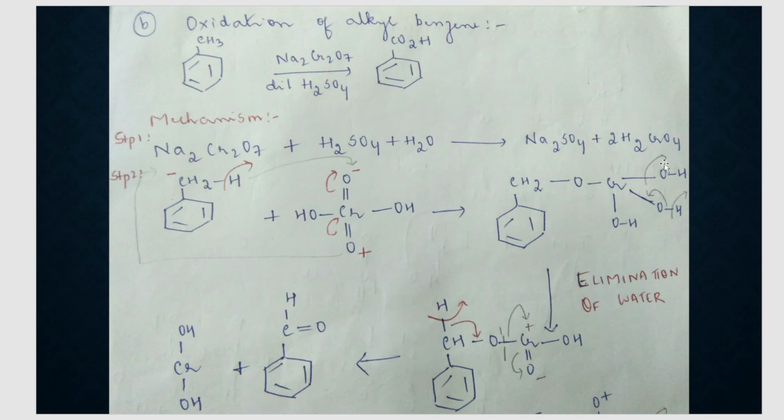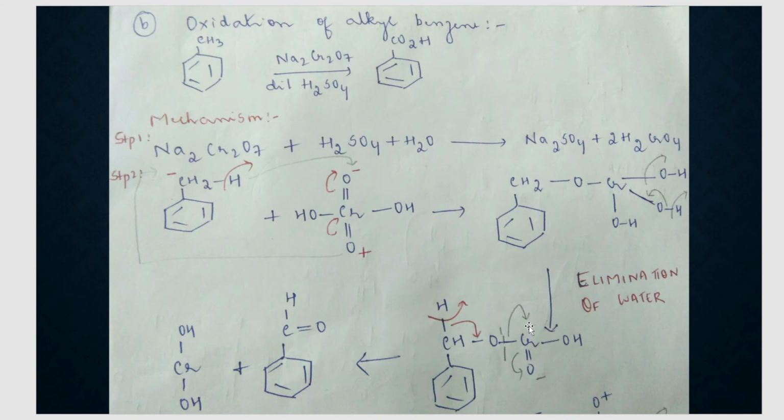Remove one OH. OH will go out as OH minus. So chromium will get a what? Plus charge. And then from here you will remove H as H plus. So once again, this bond will shift between chromium and oxygen. Since one bond is going and one bond is forming, that plus charge will go off from chromium and there won't be any charge on chromium. So now we have eliminated water. Remove this whole part and write the next intermediate that you get: CH2. I've simply expanded this and written CH2O, Cr double bond O, OH.